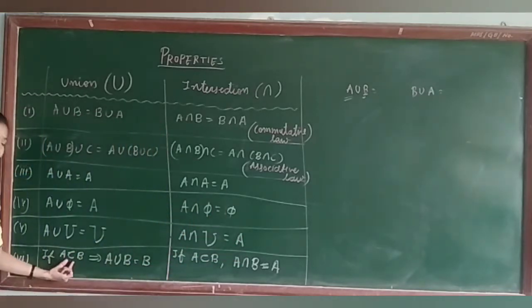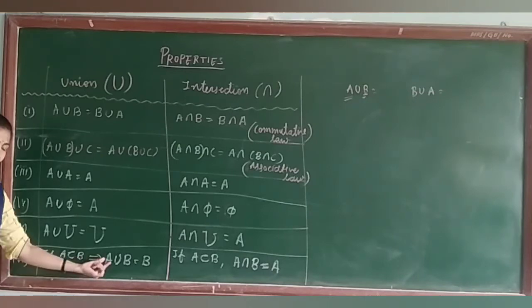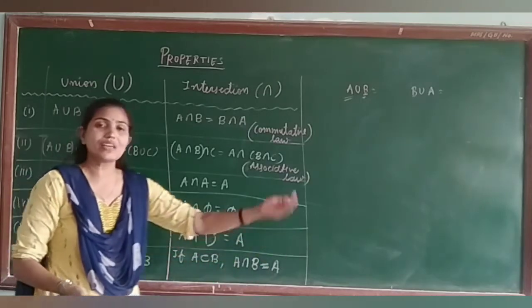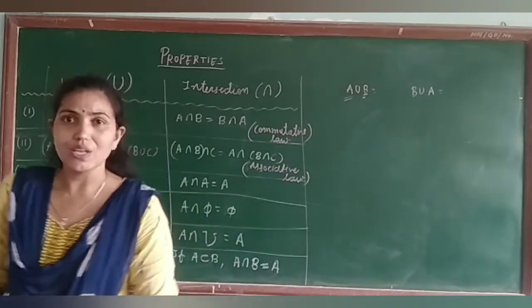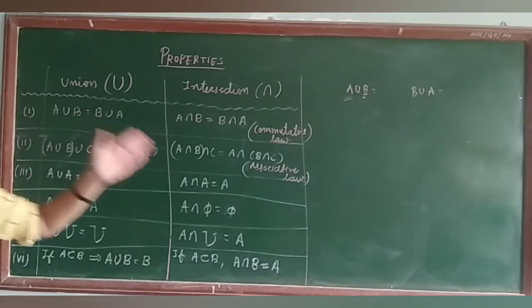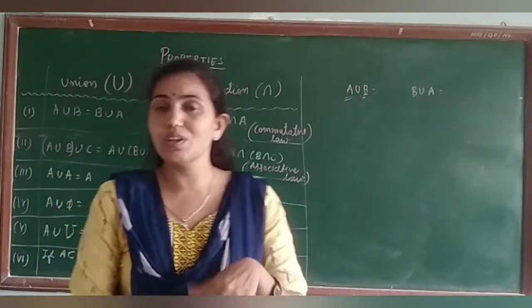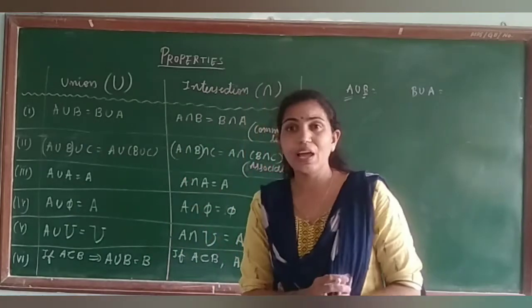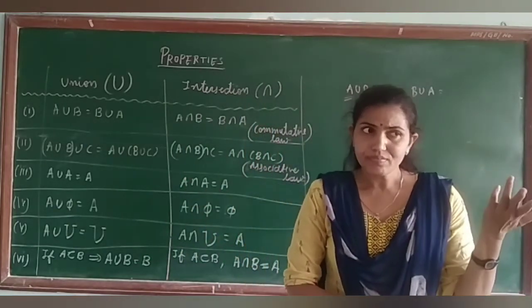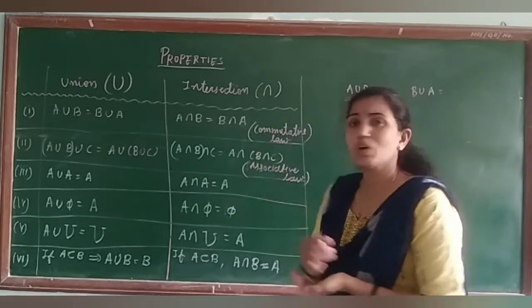And that case I have written here also. That if A is a subset of B, then what will this be? A is the subset and B is the superset. Then union will give you the superset, that is B, and intersection will give you the subset, that is A. So these are the properties of union and intersection separately. All the properties we will use in different equations as well as in some MCQs as well as in some competitive exams. We will use all these things.